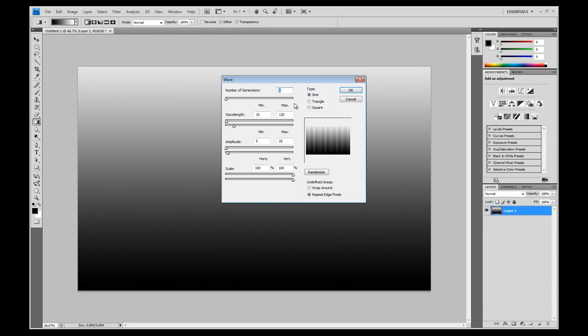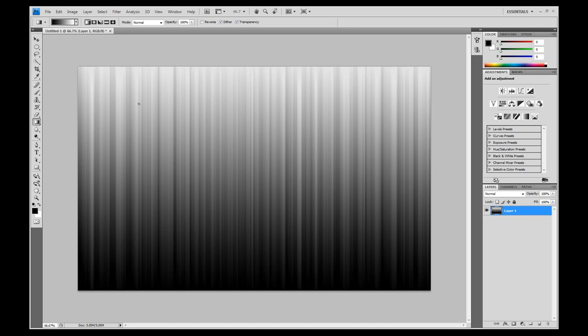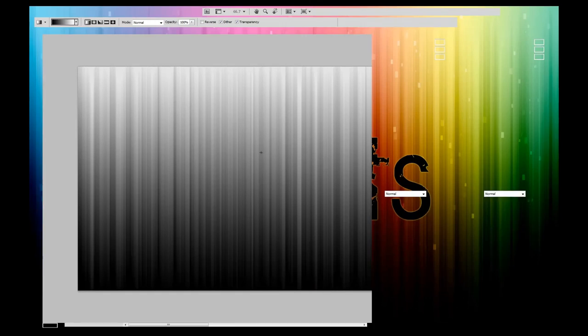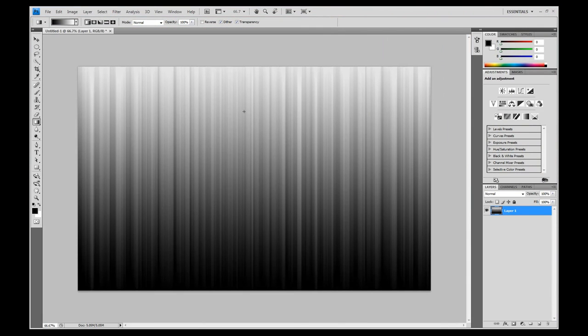And for this first you want to set your type to square, so you get these nice lines here. And I usually set my lines to 10 to 15. We'll put 10 for the sake of this tutorial. And you could see we already get these nice lines, but they're lacking the color. So next you want to